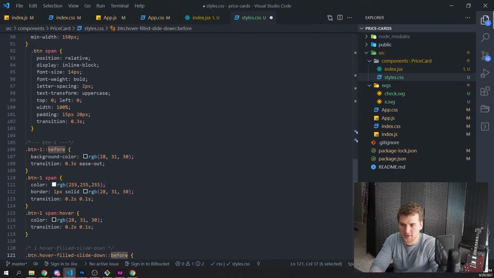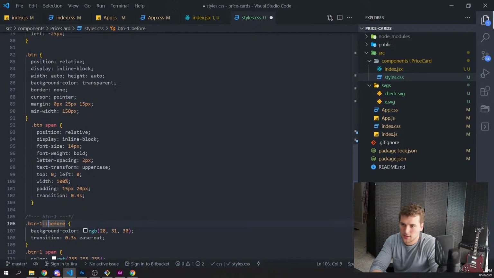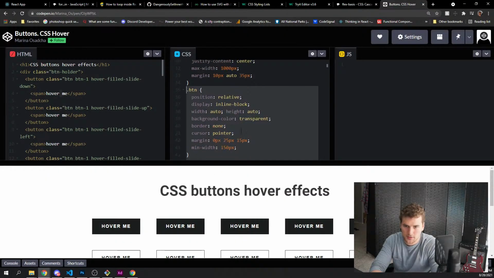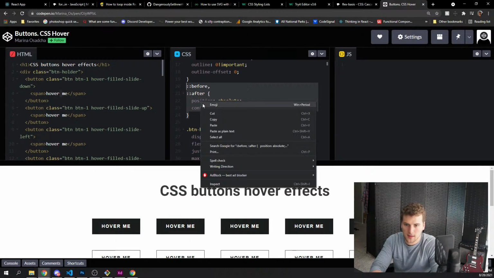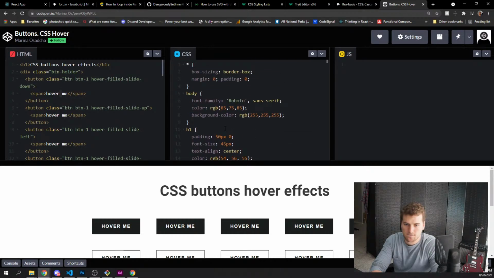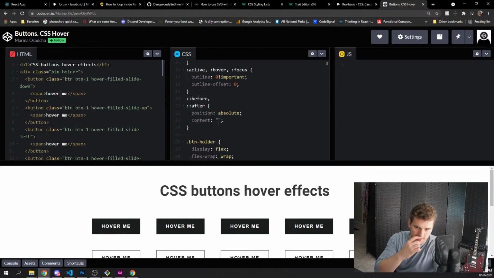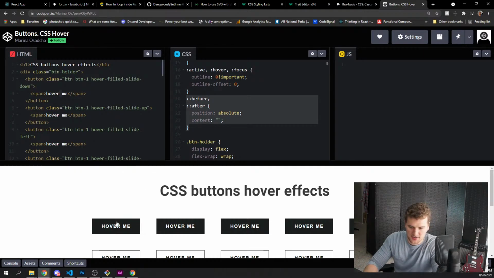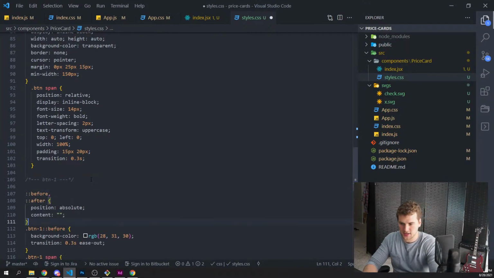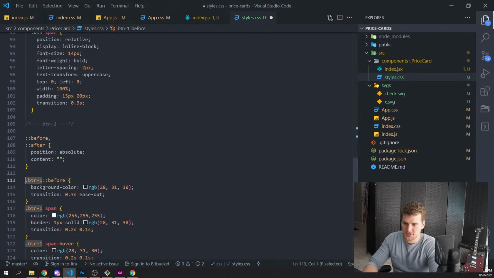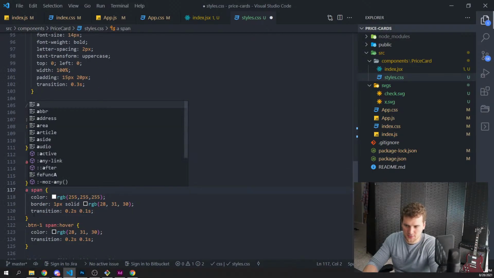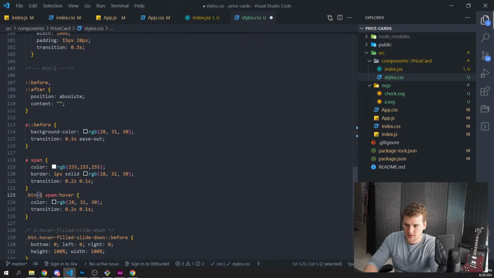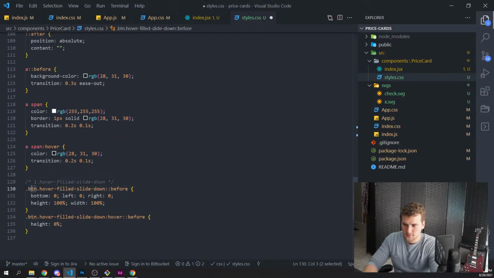See, he's targeting a pseudo element here, but I don't see... Oh! Yeah, button 1 before... I feel like I'm missing a property. There we go. Because if we don't have that rendered, it's not going to... If this isn't there, there's not going to be any pseudo element to target. So we're probably also going to need that. And we're going to change these from button 1. We're just going to use A tags, because the only place we're using A tags is on those buttons. And then we're going to get rid of this and just have those pseudo elements on there.